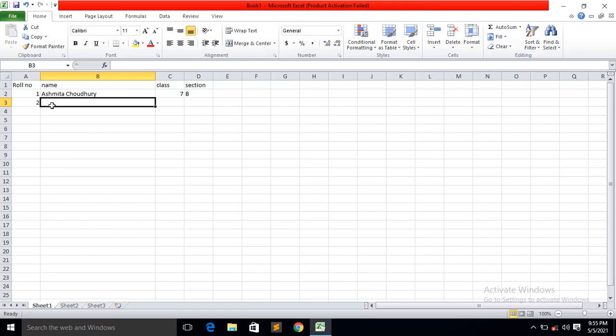say Bipasha Das, class. Now all of them are in the same class and same section, so just see what I am doing. The plus sign is in the corner and I just have to drag. See, it will be copied. These are the simple things we will learn in this chapter. This is how we will keep the records and then we save the file.